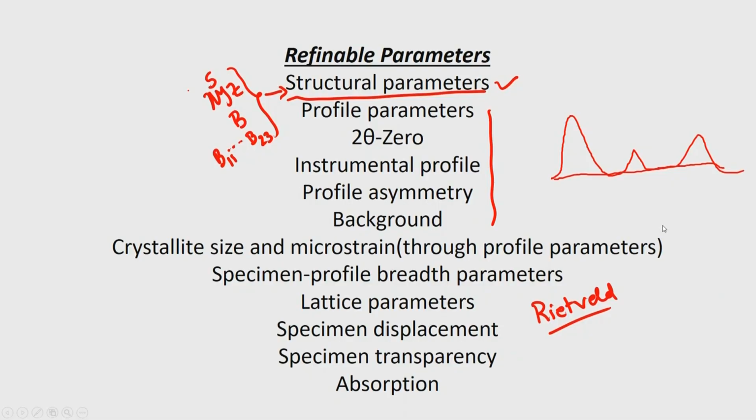So, essentially what I am trying to tell is the way in which we have to do the Rietveld refinement. It is not a structure determination protocol. Rietveld refinement will not help you to solve structures. There is a misnomer, and I want to remove that misnomer, because Rietveld refinement is only a refinement technique, and it uses both the profile as well as the structural parameters. So, the number of parameters are many more, because you have to have 2 theta 0, instrument profile, background, lattice parameters, everything to be refined, before you introduce the structural parameters into the protocol.